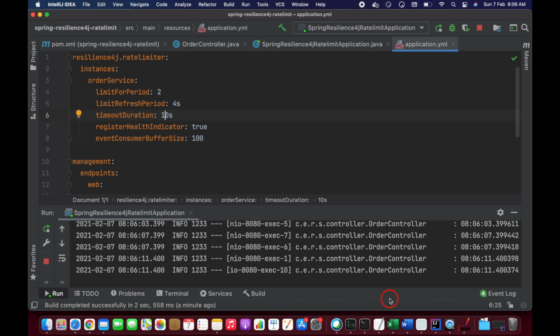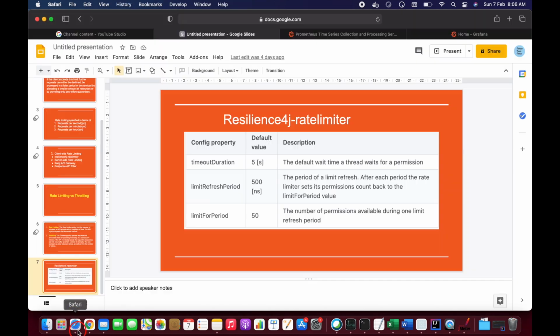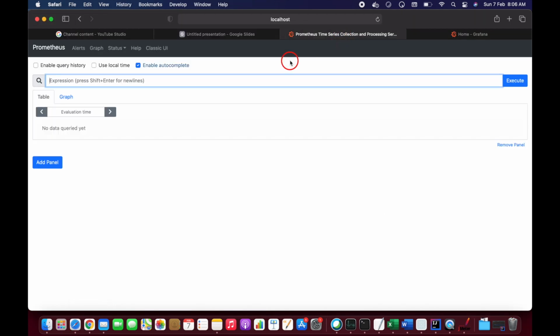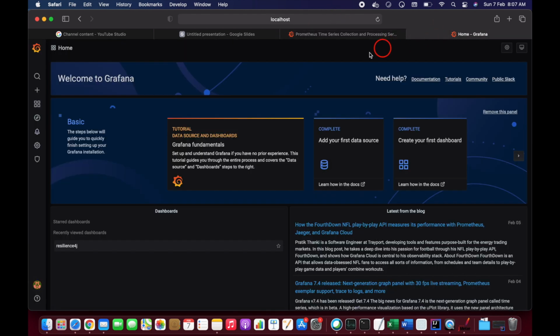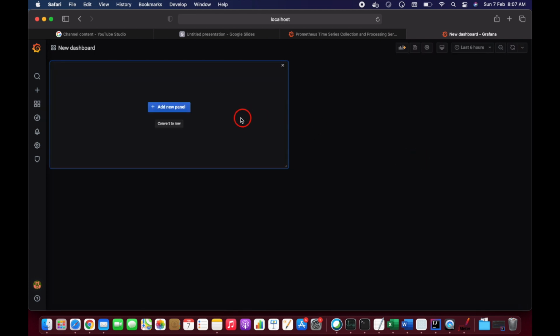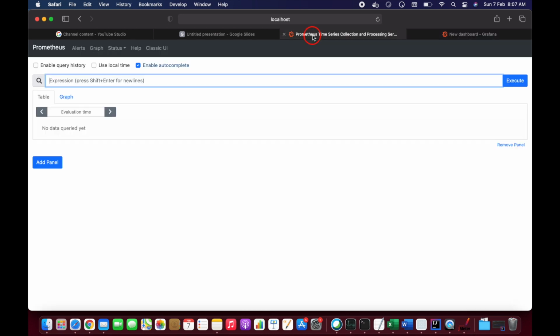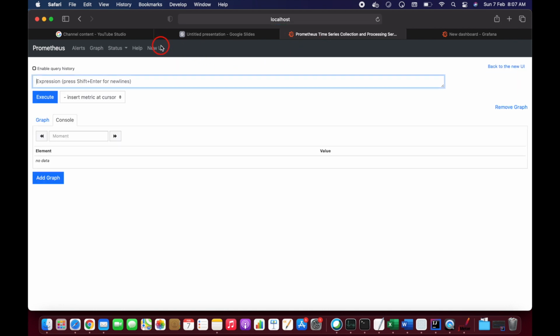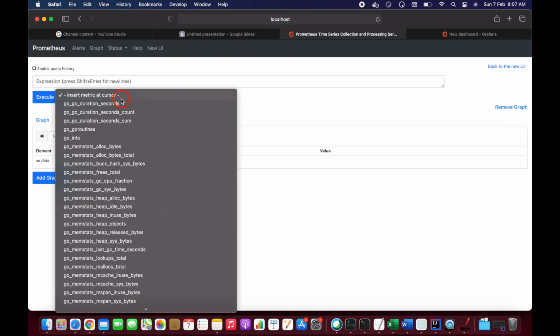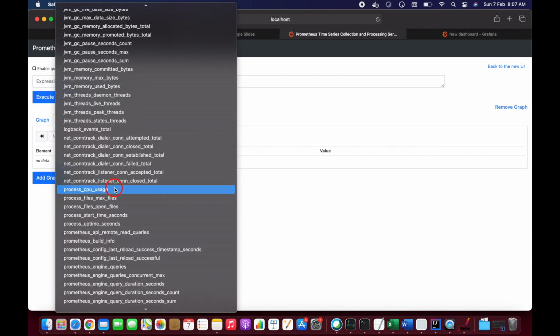And if you want, we can see Prometheus and Grafana as well. So this is Grafana, guys, and here we will have dashboards. If you click on dashboards, let's click on add new panel. Basically here we need metrics, and those metrics we have to provide using Prometheus. Prometheus will provide some metrics, so here we will have a couple of metrics, right?